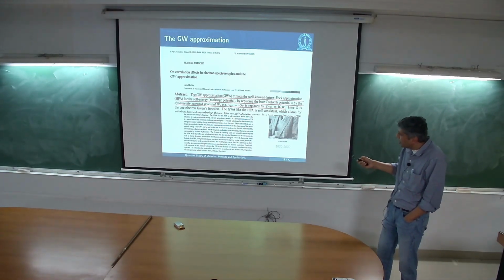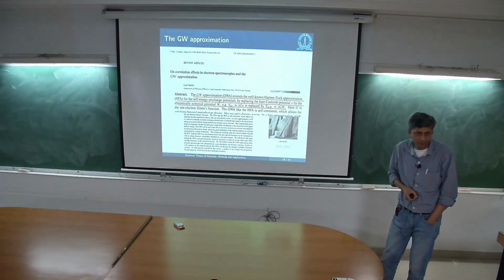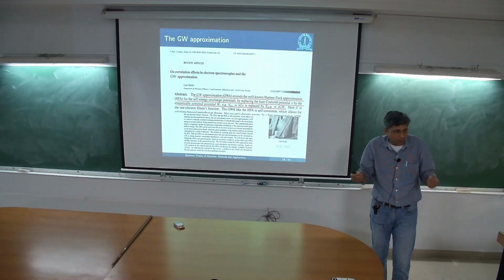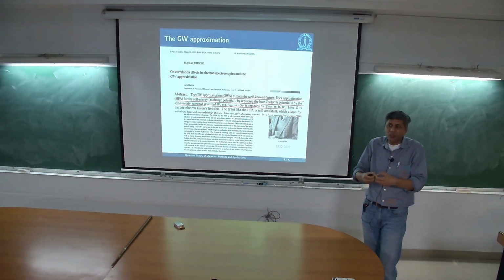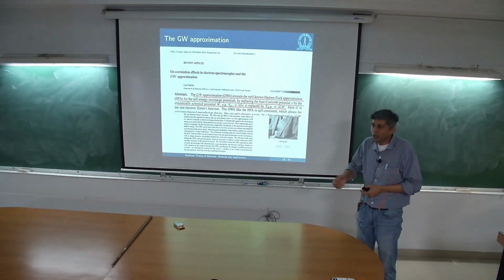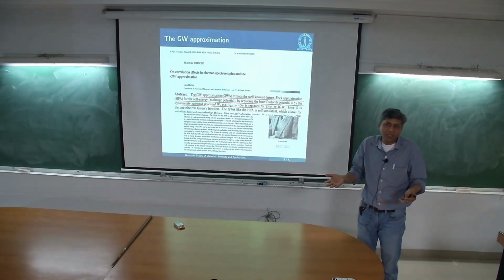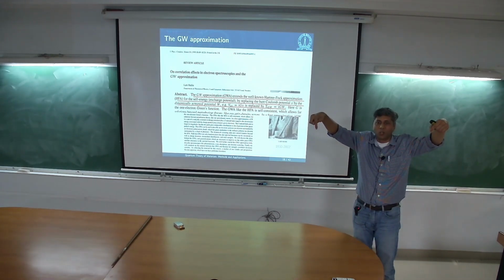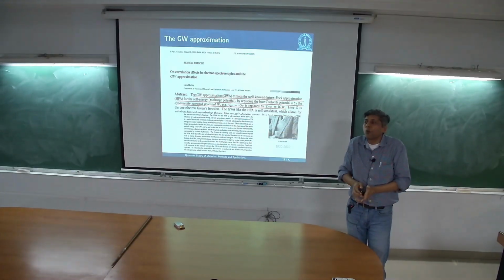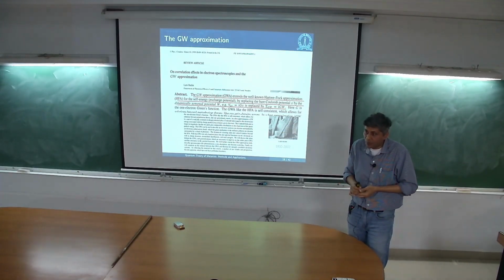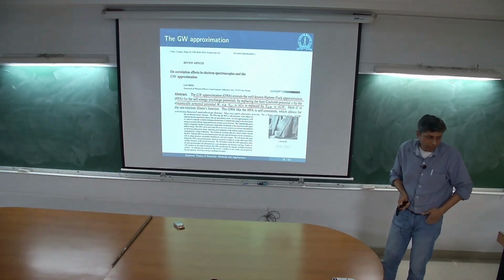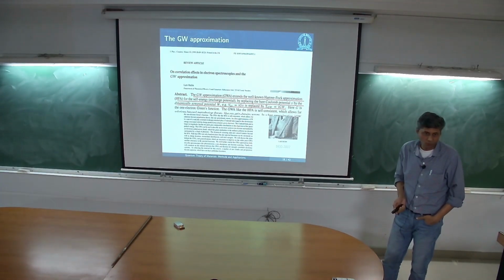The reason is that this was the bare Coulomb interaction, right? What you're doing is replacing this bare Coulomb interaction, which is 1 over r minus r prime, by an interaction which is more relevant inside a solid, which would be the dynamically screened potential. Inside a solid, two electrons don't talk to each other with 1 over r minus r prime. There are all these other electrons which are also there, screening this interaction, and this interaction is going to be time dependent as well. So I'll replace this with a dynamically screened potential, which is called the W. So of course now the question becomes, how do I calculate this W? What do I do with this W?